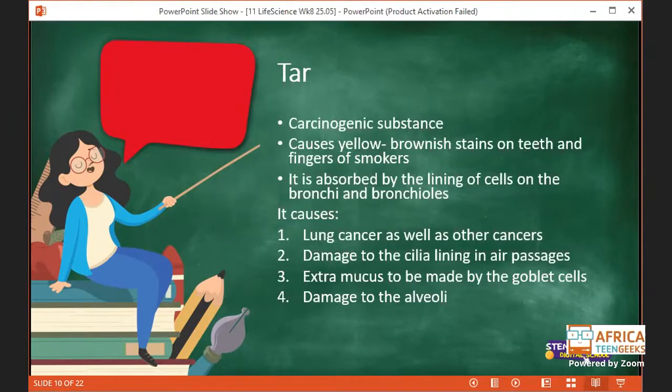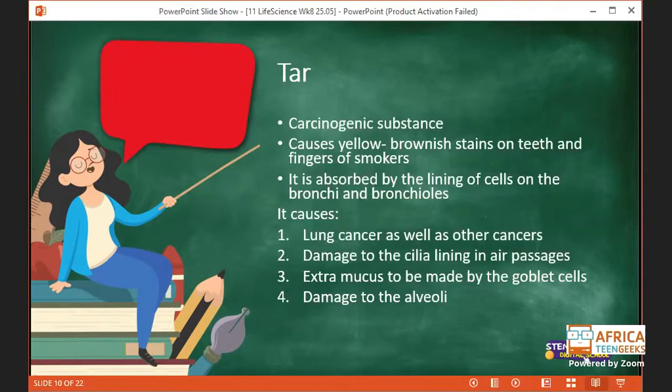All right, cool. So remember, guys, TB, we said it is caused by the bacteria Mycobacterium tuberculosis, and it affects the lungs, and we did not specify which part of the lung it affects. We also mentioned symptoms: coughing out blood, being fatigued as well. And then the disease where we have damage of the alveoli,